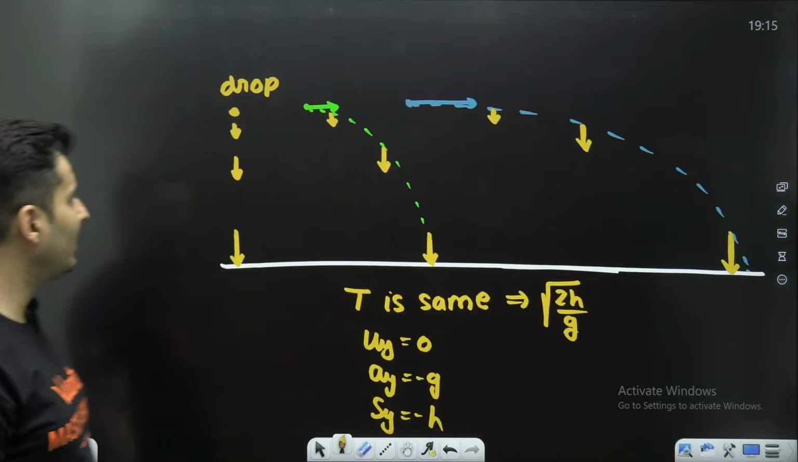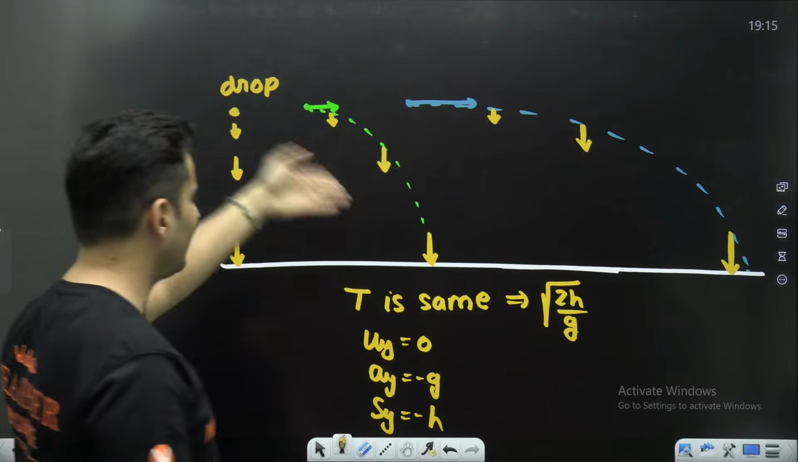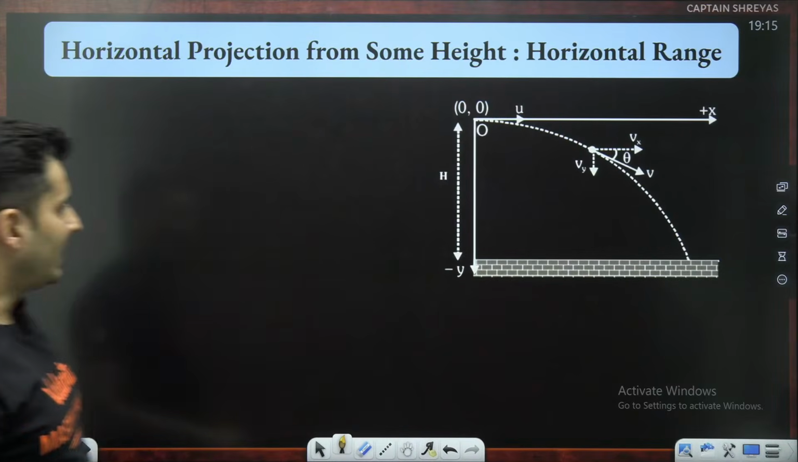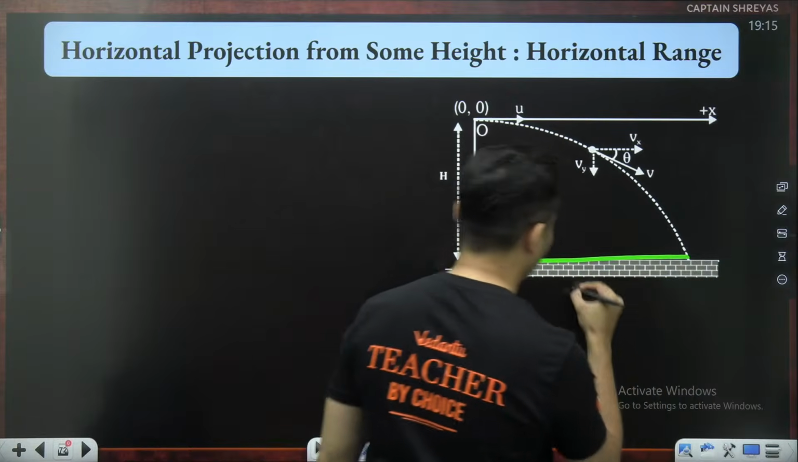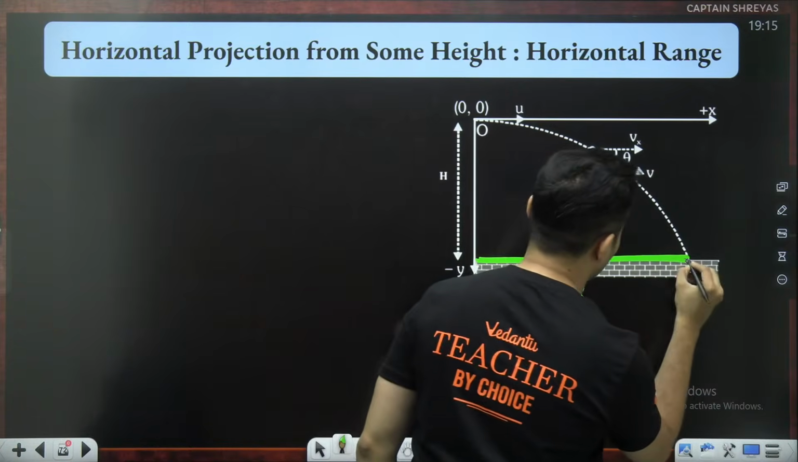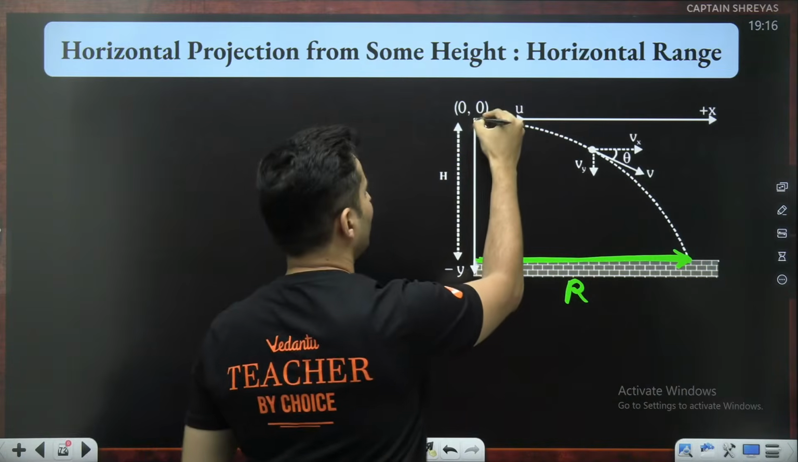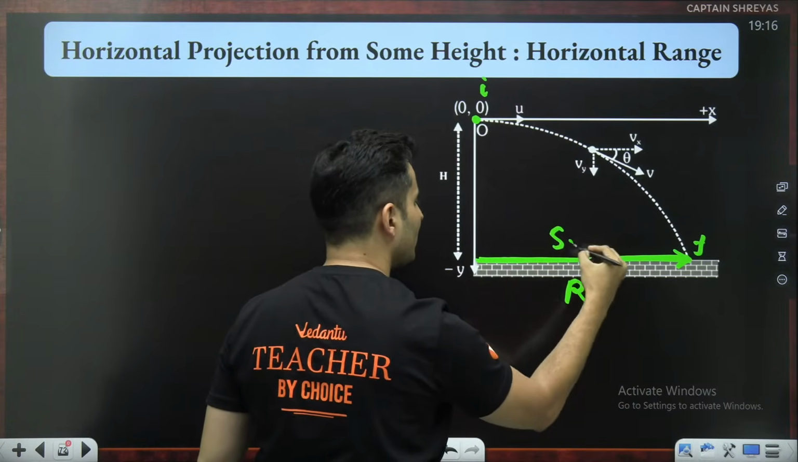But what might be different is obviously the final speeds, because the initial speeds are different. Yeah, the final speeds would definitely be different. What about the range? Range is basically this one, my dear warriors. I will have to think of it as, from initial to final, it has moved this much. This is the